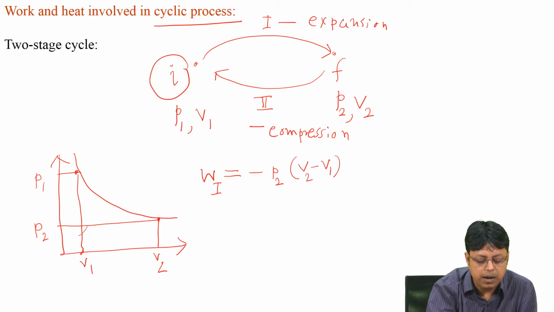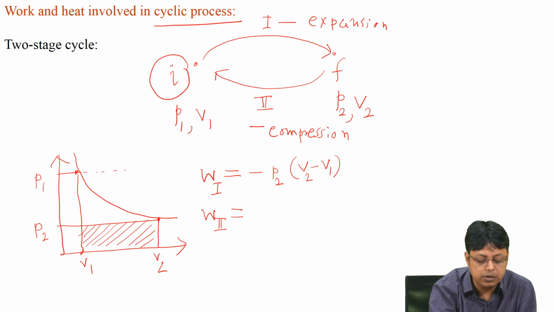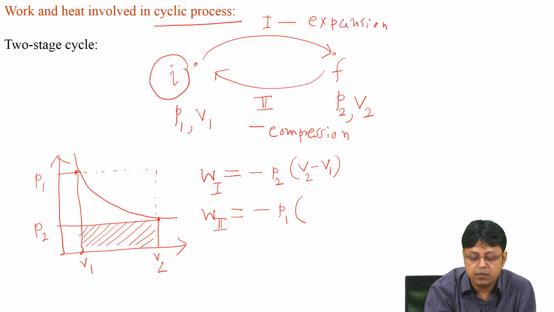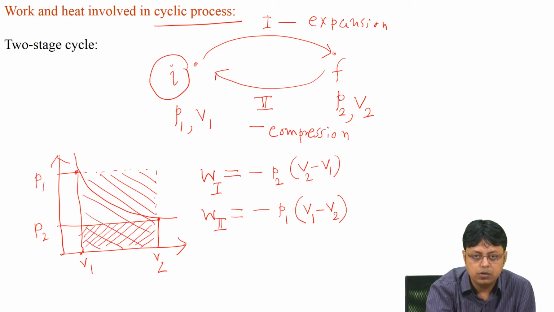So, the work done by the system, because the system in this case was expanding, was the area under this curve. However, if we want to restore the system to its original state, we have to now set the opposing pressure to be equal to P1, and now the associated volume change will be final volume minus initial volume, which is V1 minus V2. Now, this will be the area under this entire region. So, the difference or the extra work done by the surrounding is this area, which mathematically we can write as